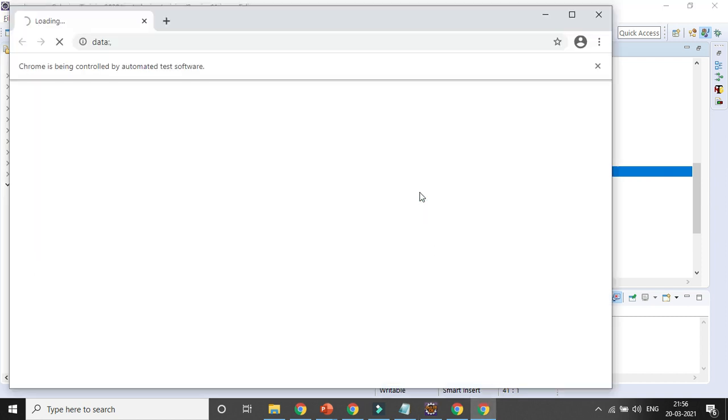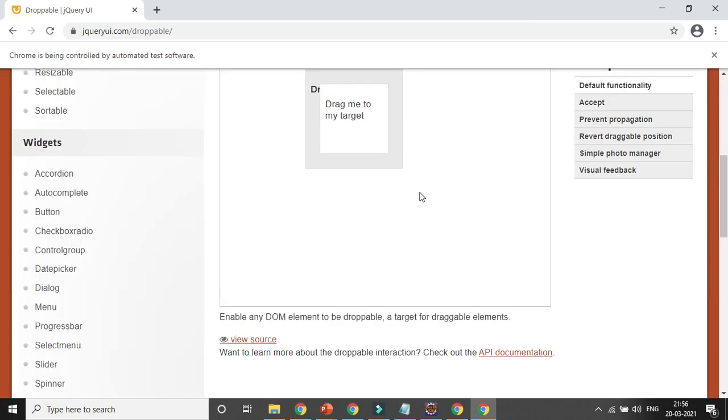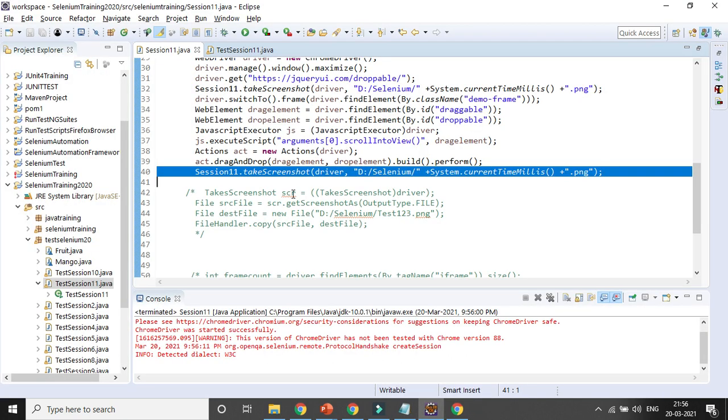So it is opening that particular page. Immediately after that, a screenshot will be taken after opening the page. After that, it will identify the draggable and droppable options and move the drag to the drop option, and again it will take a screenshot, because I have used the take screenshot method twice, right? So it will create a screenshot twice: one after opening the page, and another after the operation.